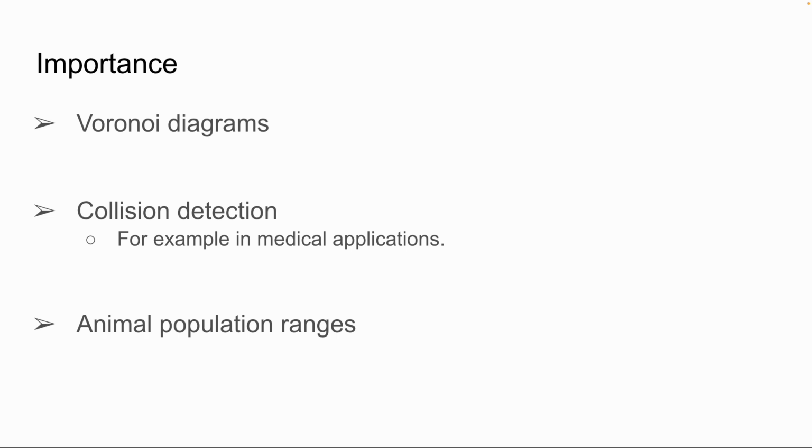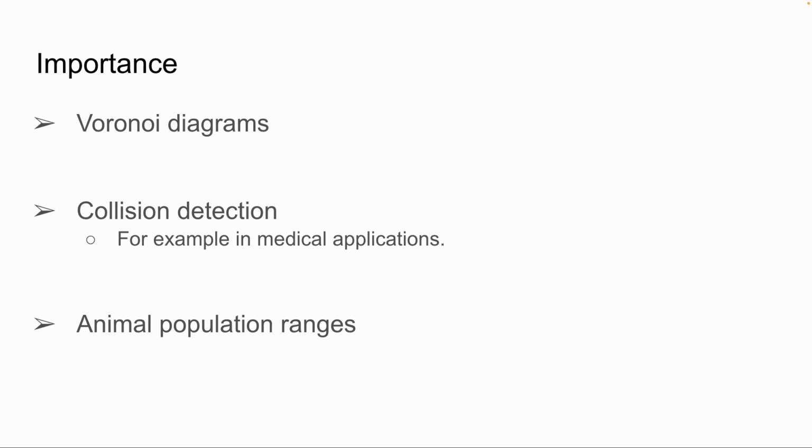convex hulls are especially important in computational geometry, and they have been used to construct Voronoi diagrams, which are used to model difficult problems, for example, the post office problem. Collision detection has been made a lot easier with convex hulls. Concave objects with holes make it a lot more difficult. So where collision is necessary, gaming and medical applications are definitely very good examples where they need fast and interactive convex hulls